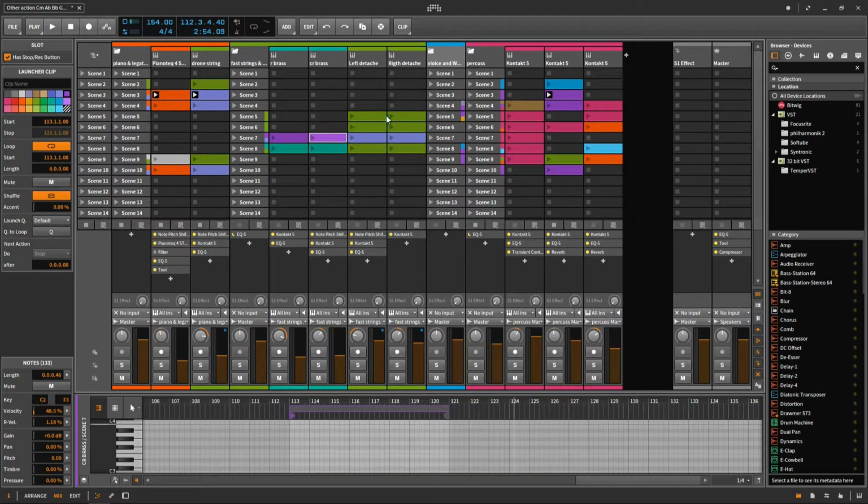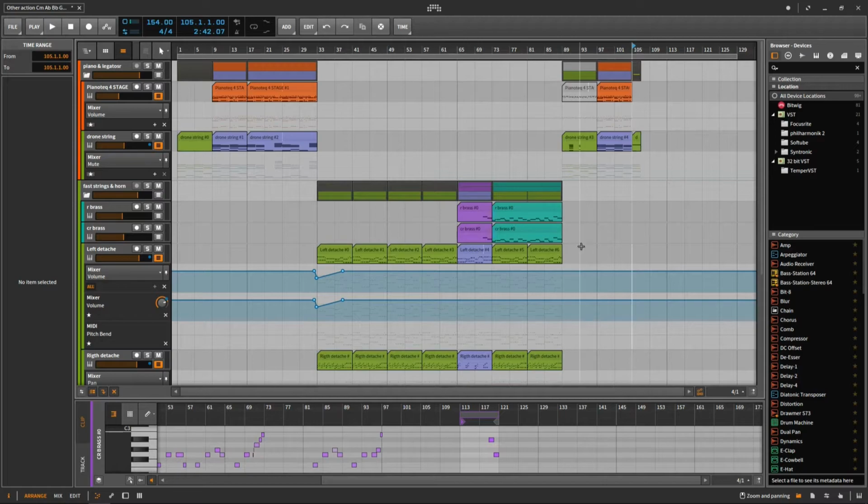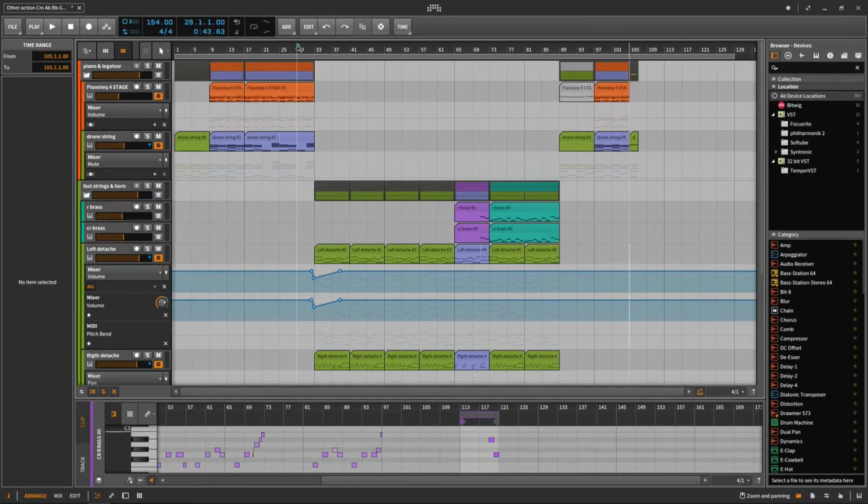So that's the basics of the piece I'm working on. Here it is laid out, and the total runtime that I've got at the moment is just under 3 minutes. I don't know if there's anything really special that I should play here. We can just play the transition from the intro section into the main emotional peak of the piece. And you can hear the choral section here as well.